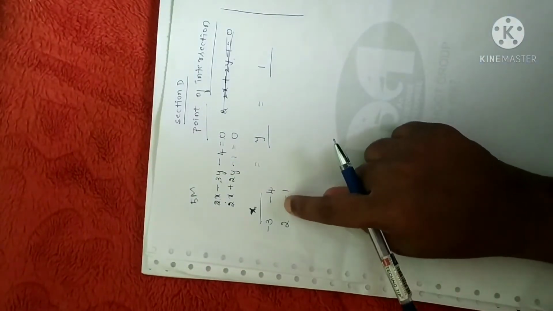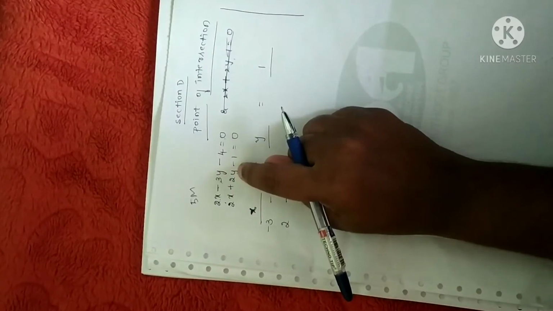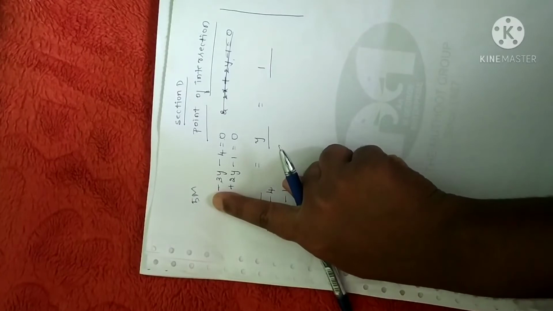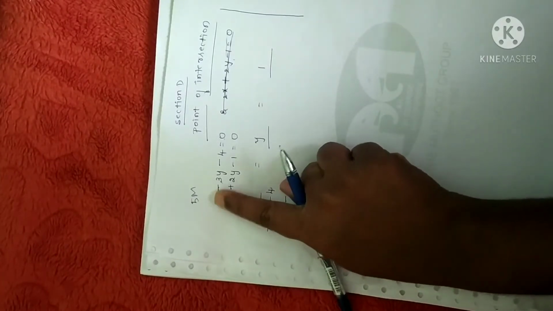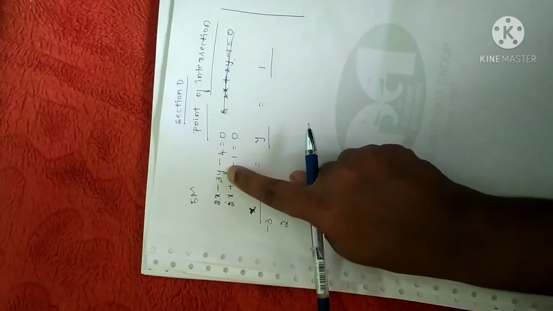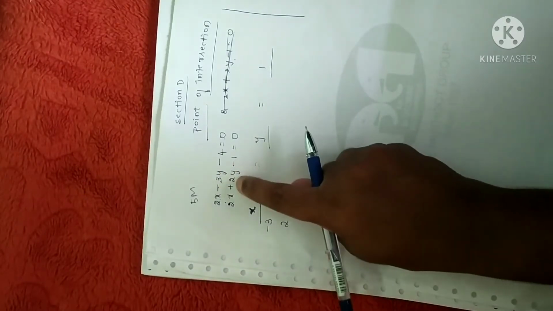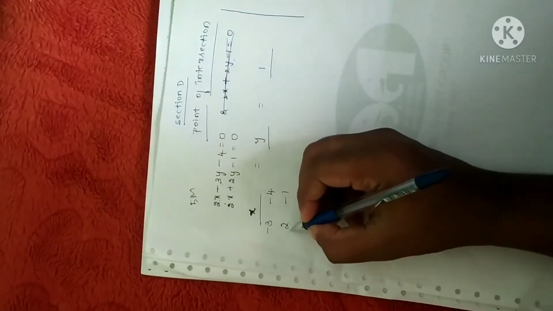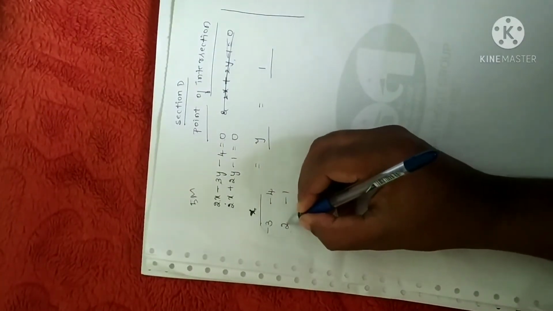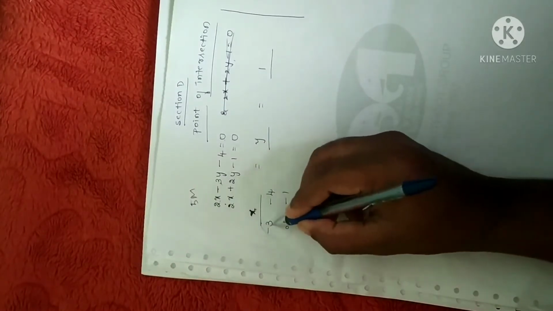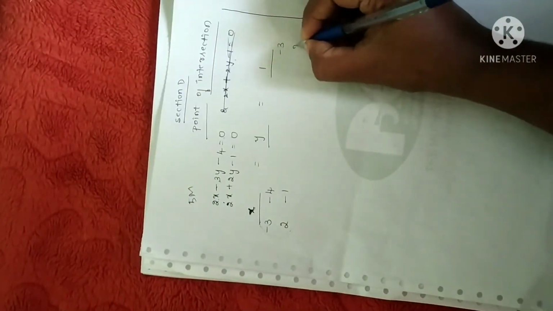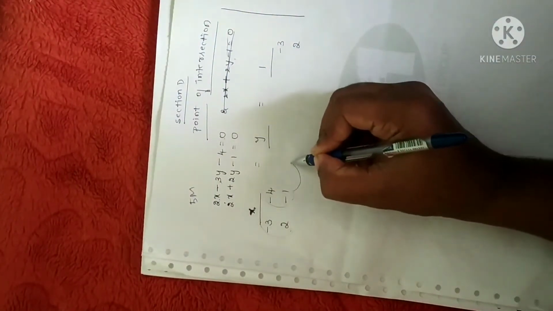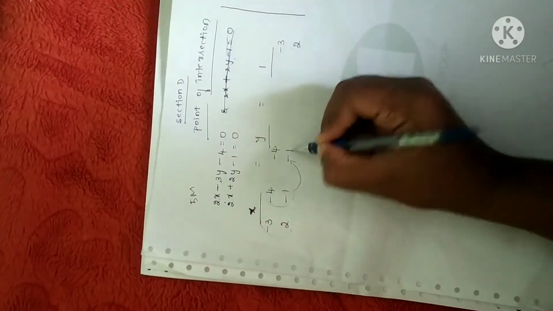I'm repeating once again. Just write down the equations one below the other. Since you have the variable x in the numerator, you forget x. You just leave the values of x and write down the coefficient of y as it is. Since the coefficients of y are minus 3 and 2, write them one below the other, followed by the constants. Now, I'll give you one blind method. Whatever the value in the first step, you just write the same value here at last. Fine. And whatever the value is here, you just copy the same value in the next as well.